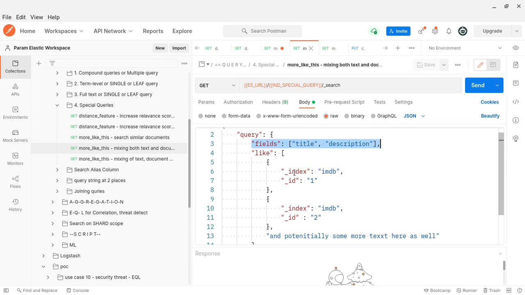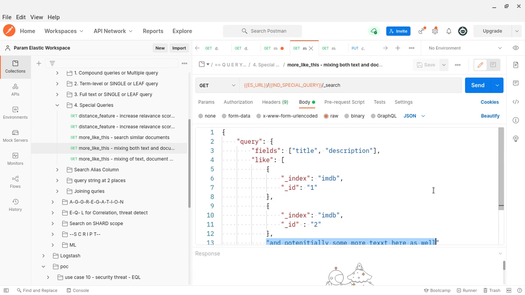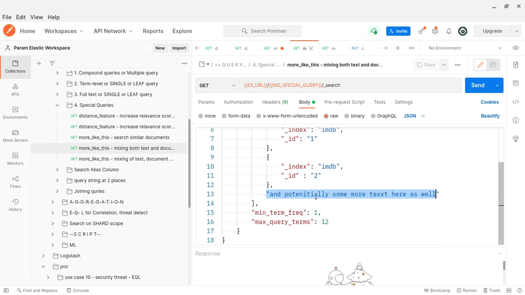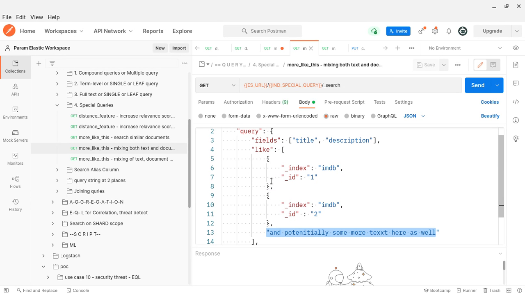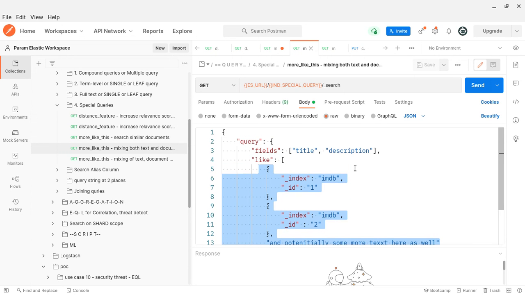I am giving the document in the IMDb index, take the ID as one. So you take that document as input, you take the second ID document as input, and you take free text also as input. See, here I am able to give three. Earlier I gave only free flow text; now I give free flow text along with several documents. I have given only two documents. All of these act as input to Elasticsearch. From these documents you identify the terms, then you frame the query, then return the result to me. So not only free flow text, you can give the document as well.